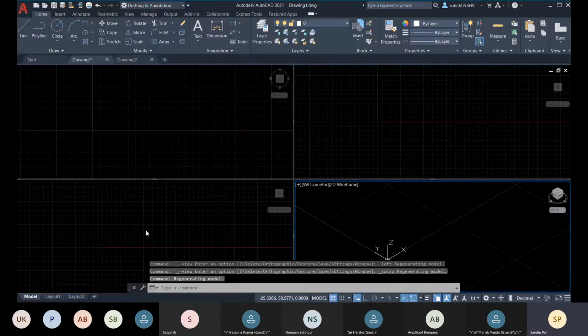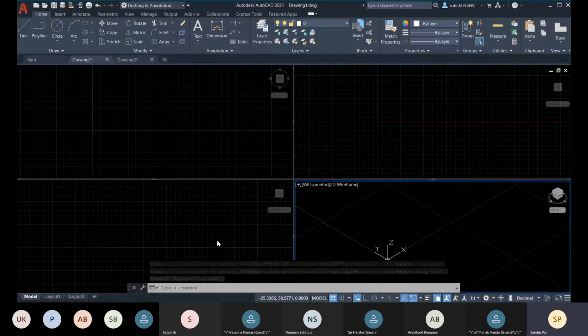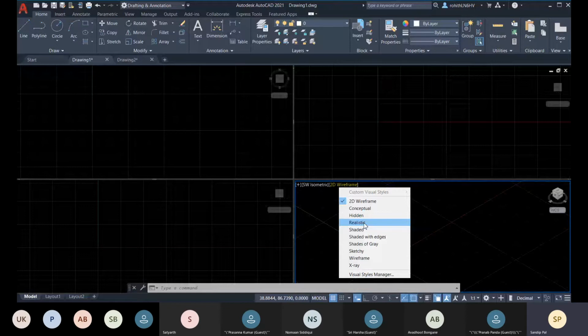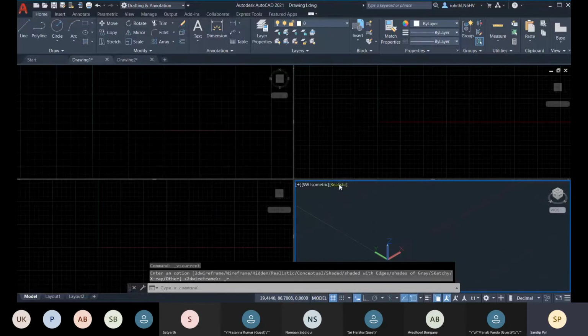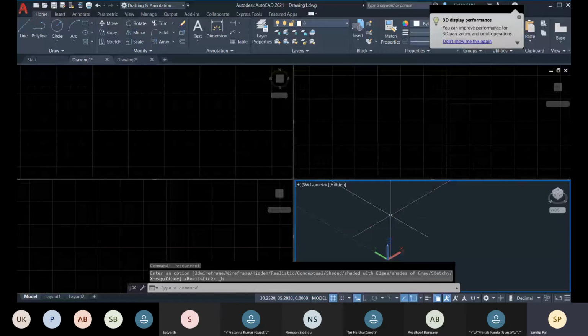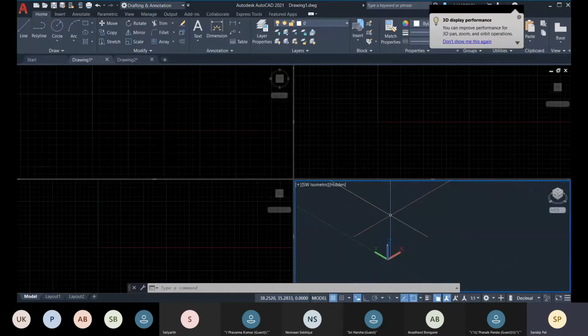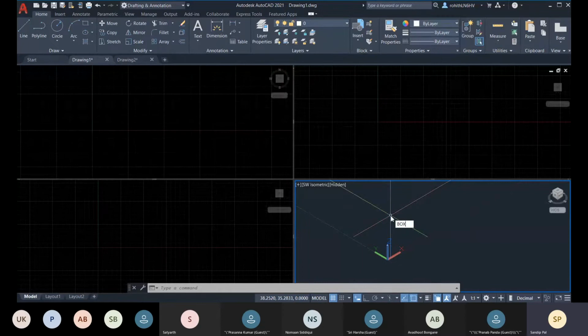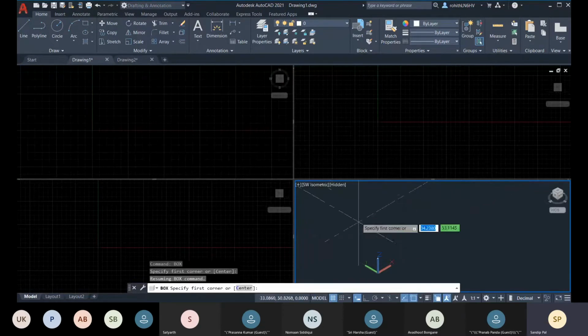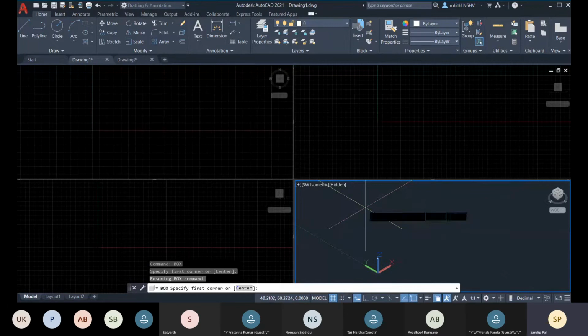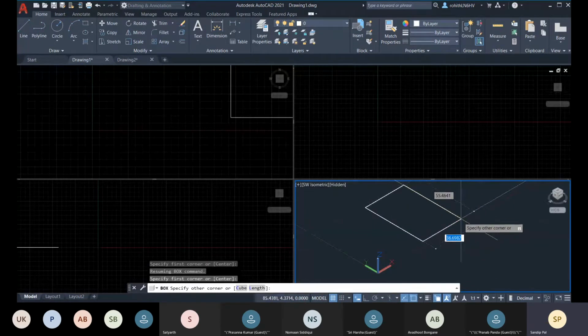Now if I create a model, before that let me change to a realistic or shaded visual style, so that we can see the surfaces of a 3D model. So let me create a box. The command is box, and press enter. So let me create.